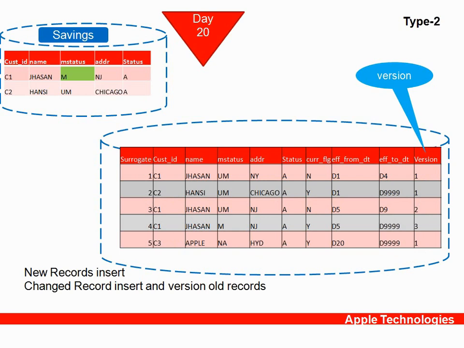So this is all about type 2. Type 2 is important. If you know type 2, you can manage everything in data warehousing, from a loading point of view. Now type 1: new record insert, changed record update, no history. In type 2, new record insert, changed record also insert, because of that you will have a version, previous, current, all the information. When it comes to type 3,